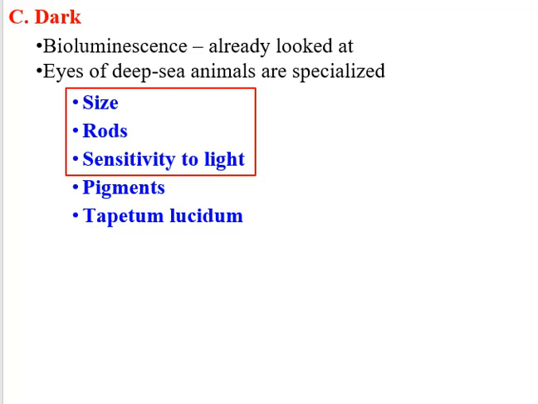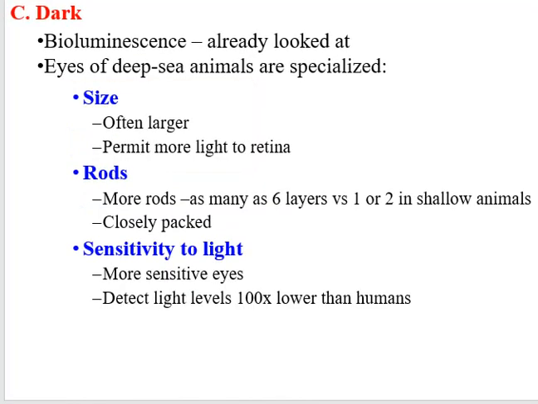There's no light there. Another thing that's quite characteristic of deep sea organisms is their eyes. Some organisms in the deep sea, or even getting down into the deep sea but not quite into it, have very big eyes. And the physiology of their eyes, the way that they work and the biochemistry of their eyes, is different than shallow water organisms. So let's look at some of those. If you looked at the eyes of a deep sea organism and compared them to the eyes of a shallow water organism, these are some of the differences that you might find.